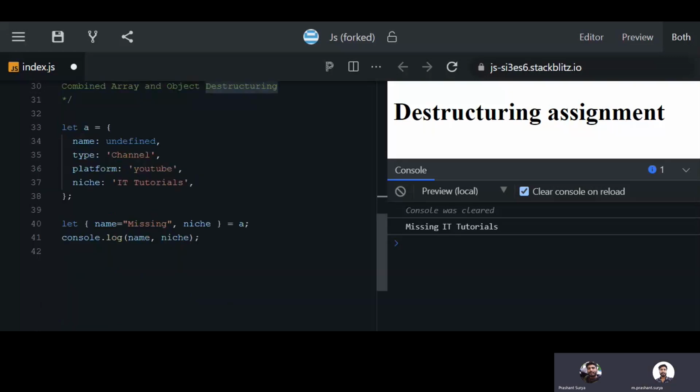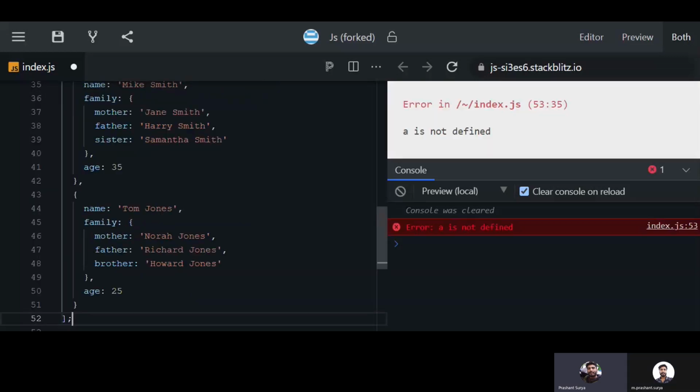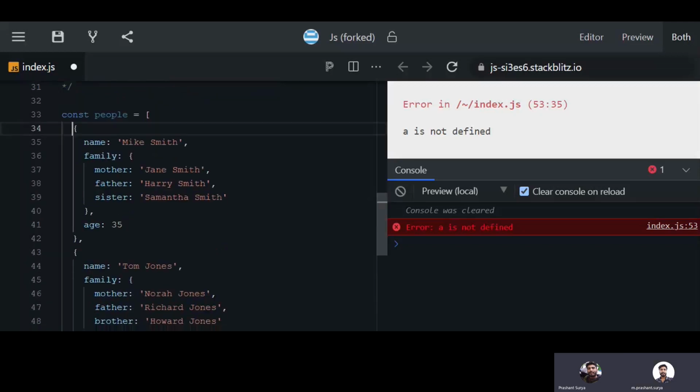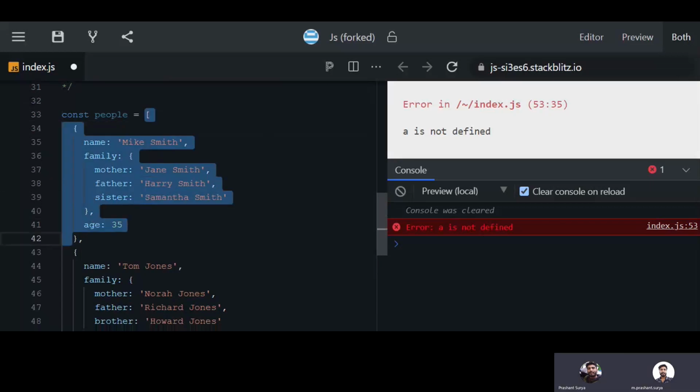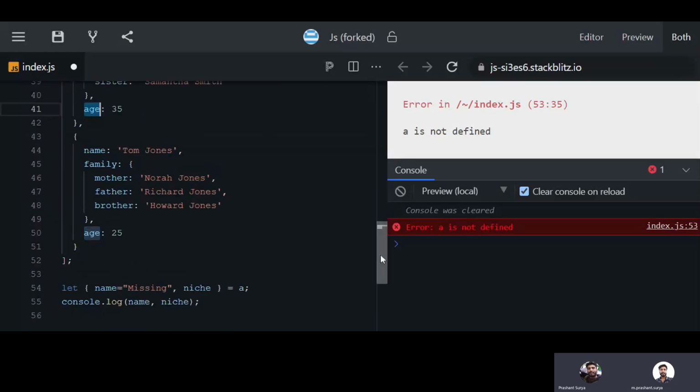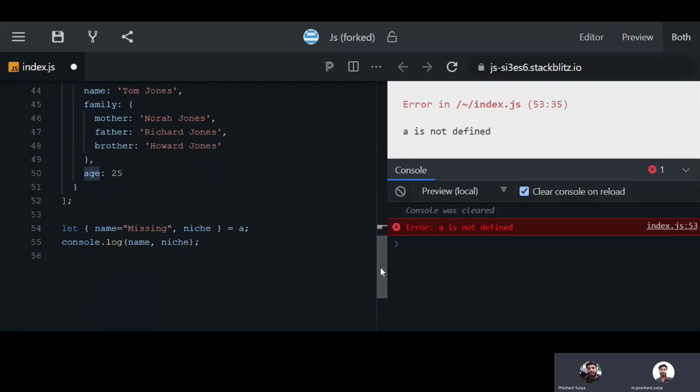We will copy this JSON. Let's suppose we have a JSON with a repeating array, and it has name, family, age. Now what will happen if you don't want all the data, you want to get only some data? So for that, what you will do,